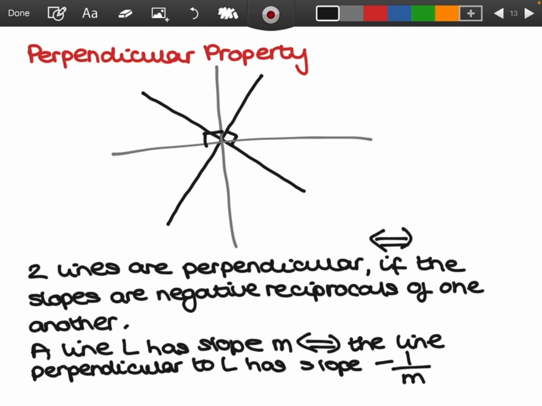Okay, so you do 1 divided by the slope that you are given for the line and then make it negative, and that will give you the slope of the line that's perpendicular to the original line. Okay,